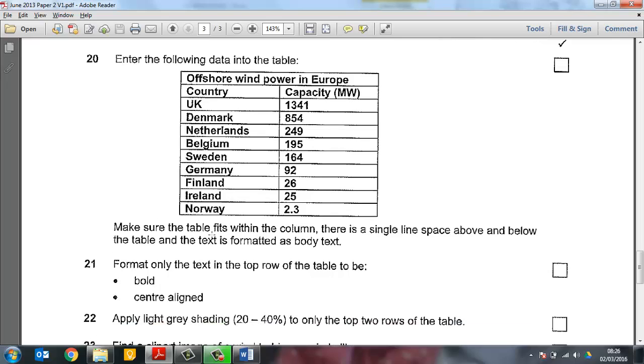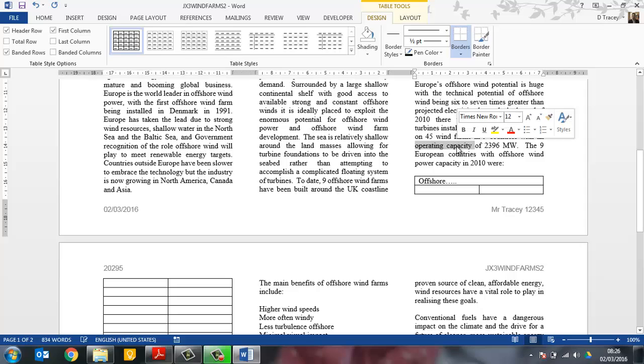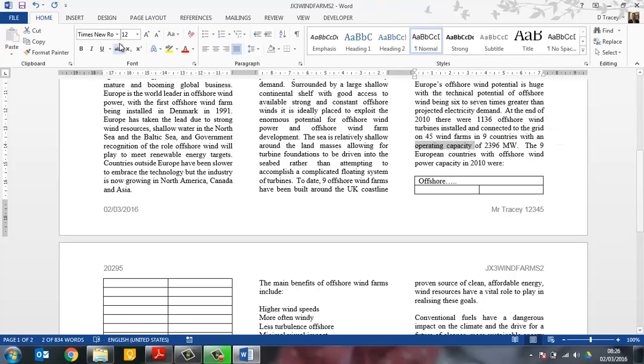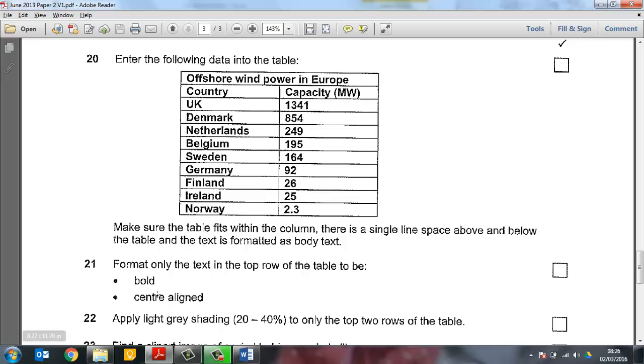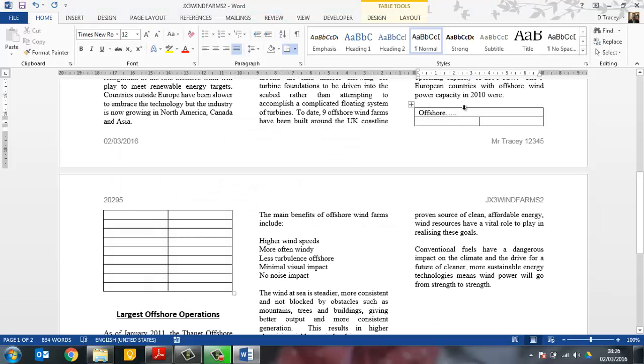It says then make sure that the table fits within the column and there's a single line space above and below the table, and that the text is formatted as body text. So we're just going to check what this is. So this is Times New Roman size 12, that's Times New Roman size 12 as well, so it is the same as the body text. It then says to format only the top row of the table to be bold and centre aligned. So we would highlight this one and set it to bold and centre,